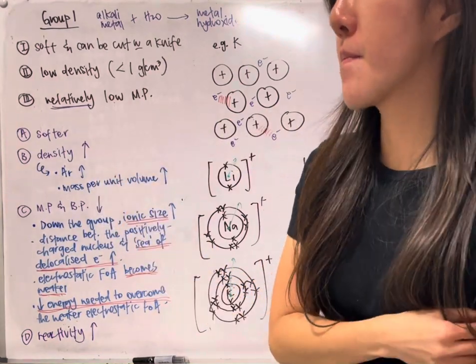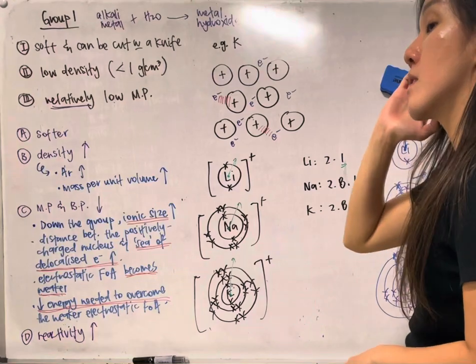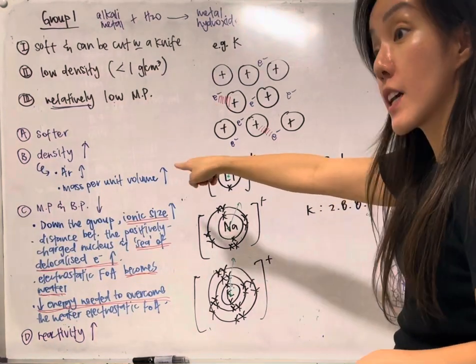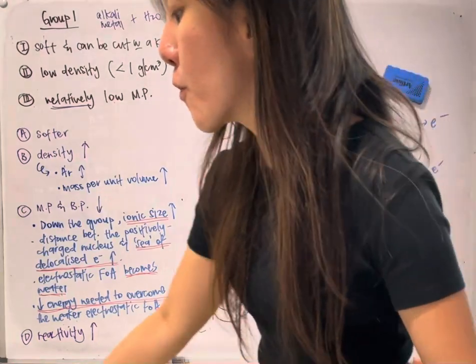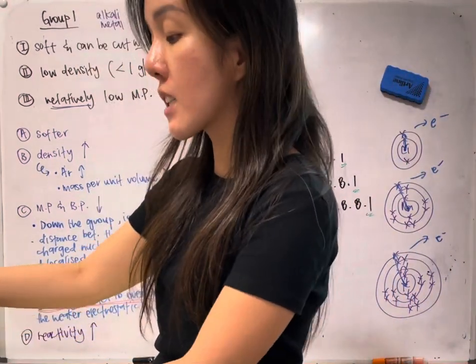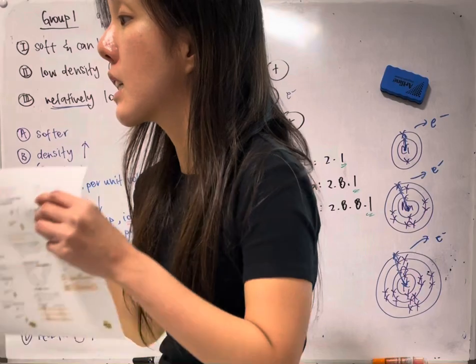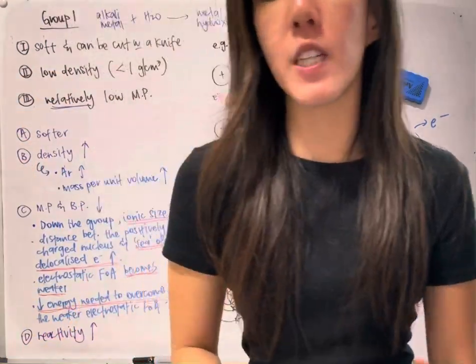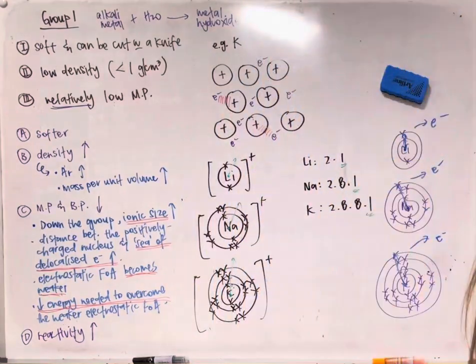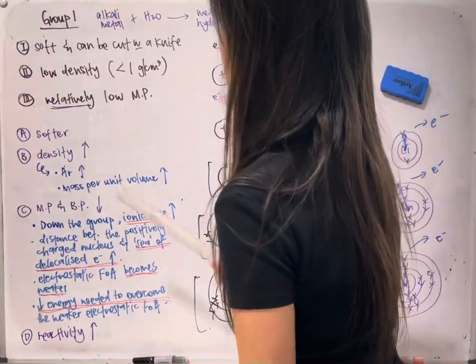The molar mass increases. The mass per unit volume increases. Please write down, take note. Now, however, what is the experiment to prove that the rate of reaction or reactivity will actually increase? It's always this reaction here. On the next page of the notes, first column, the reaction to prove that reactivity always increases down group